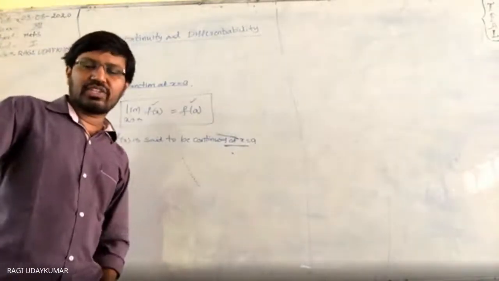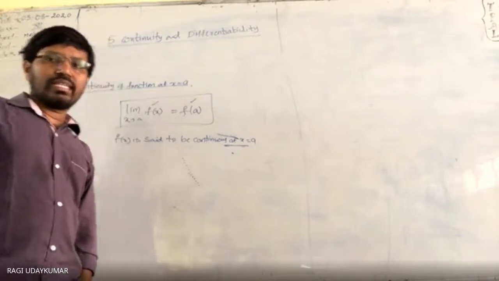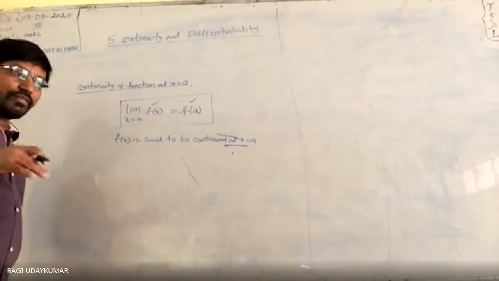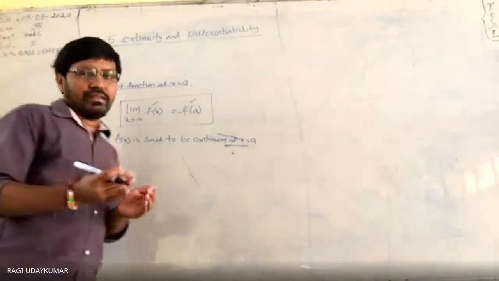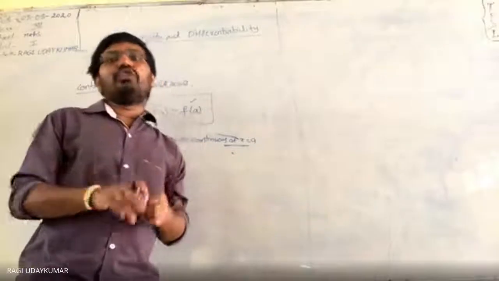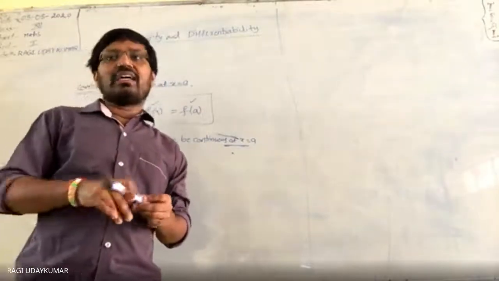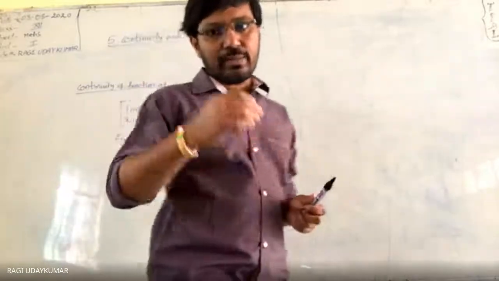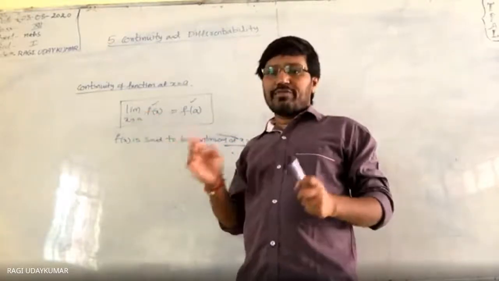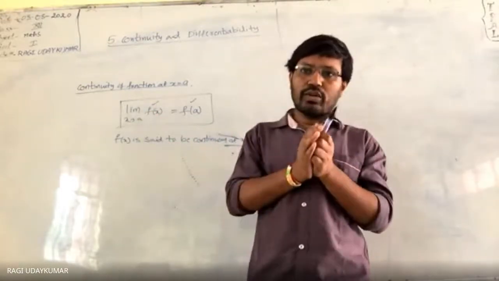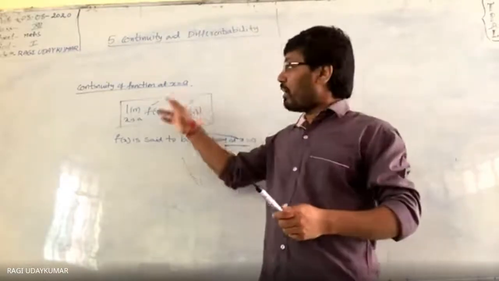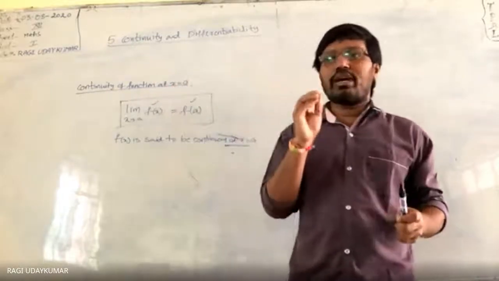Okay, did you understand? So now continuity of the function means, in the given domain where the function is defined, at every point it should be continuous, then that function is called a continuous function. Whenever x approaches near the value of a, if the value equals f of a, then that function is called continuous at a particular point a.